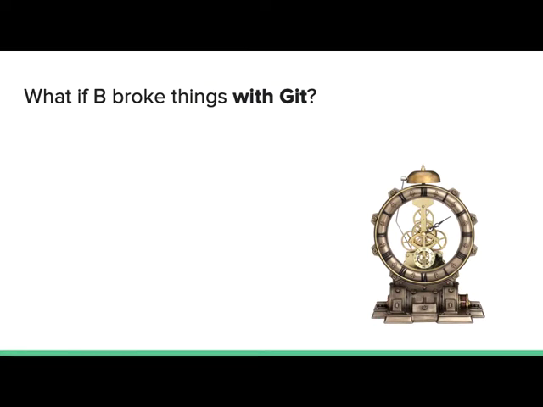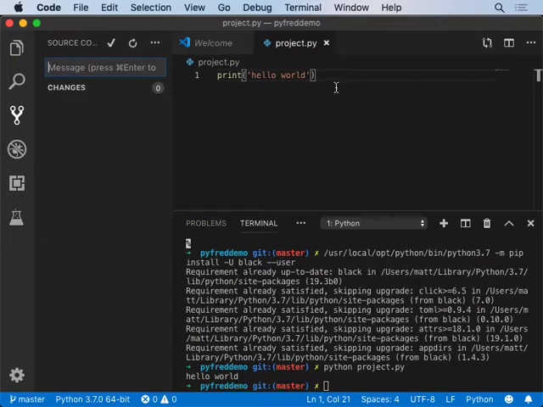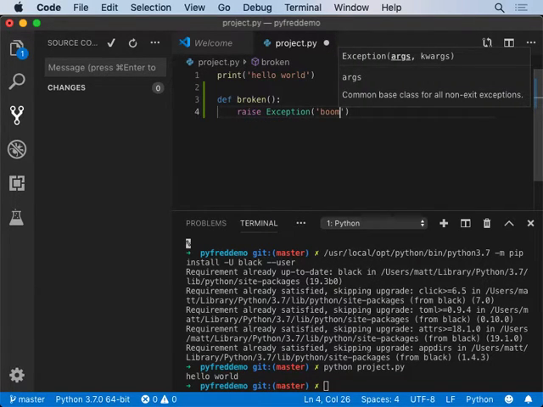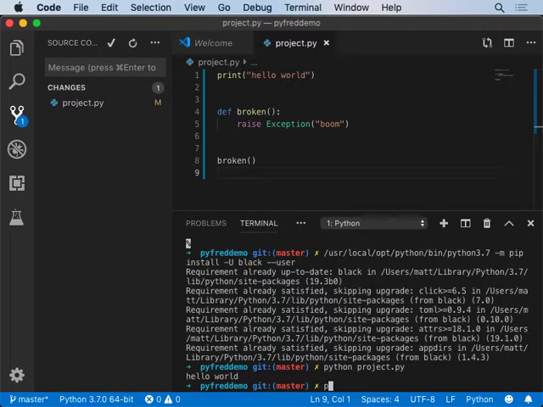So what if we broke things? Let's go through that. And to do that, let's simulate something that's broken. Let's make a function, and I'm going to call it broken, and it's going to raise an exception, and the exception is going to be boom, and we're going to then call our function. Okay, so if we now try and run our project,